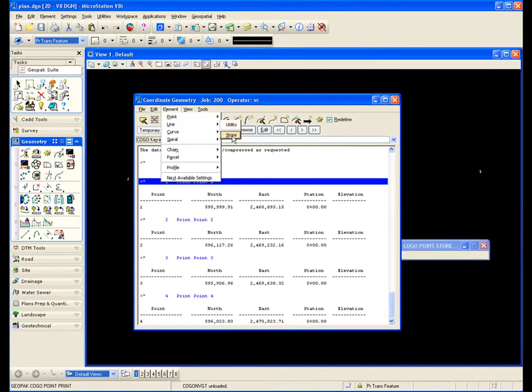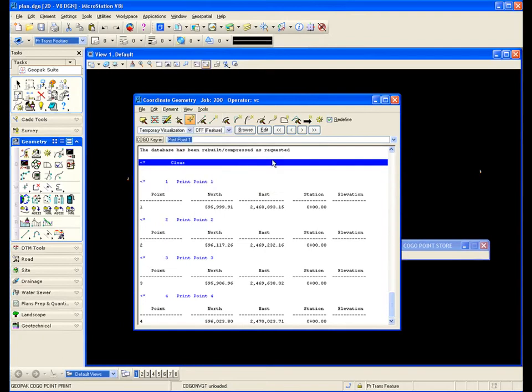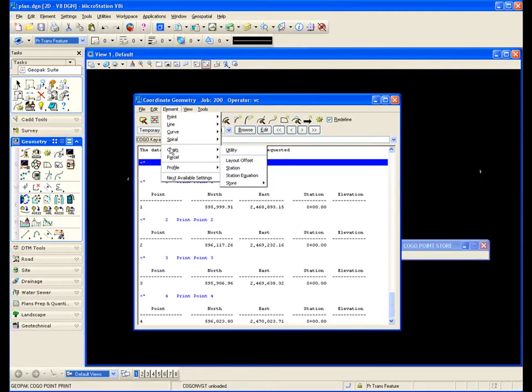Under line, we have utility and store. We have curve utility, copy curve, get the curve data, do a curve segment, station a curve, and then store a curve by 3 different methods: by tangents, endpoints, and concentric. And we'll look at the tangent, store from tangent, in just a few minutes. We can store spirals. We can store chains in several different ways. Store parcels,